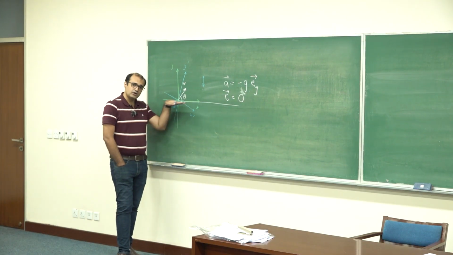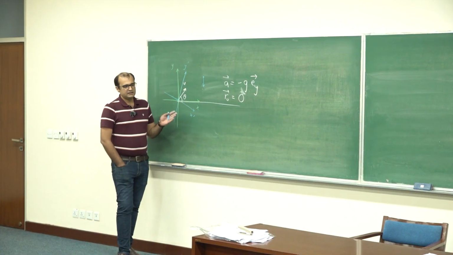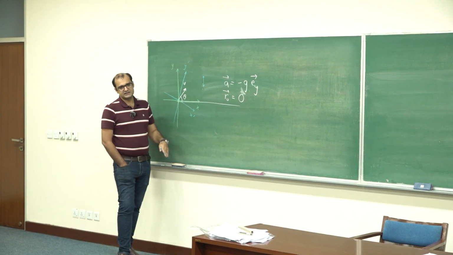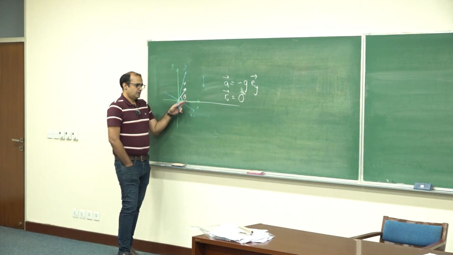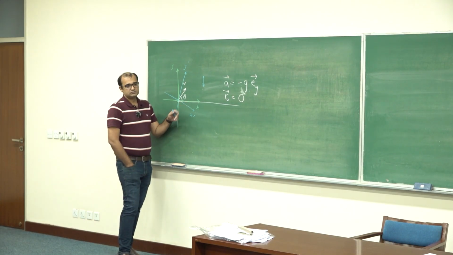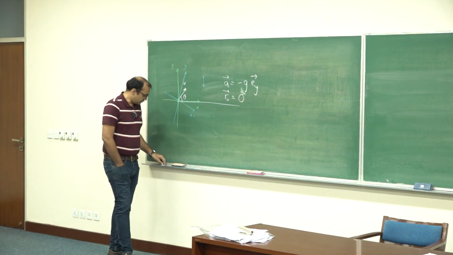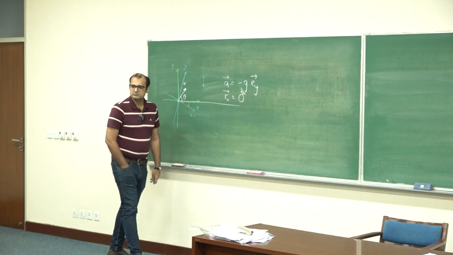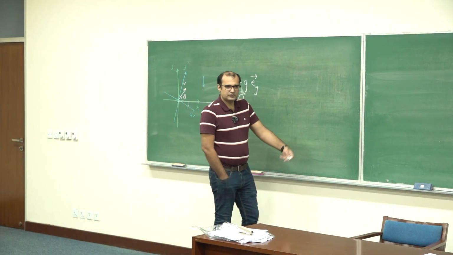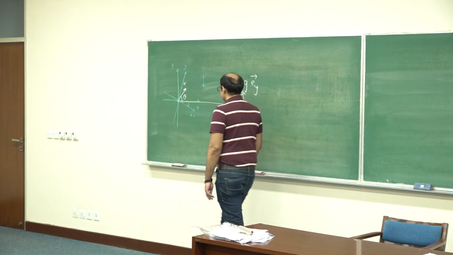Also the description of the ground would be more complicated. With the usual green axis, the ground is simply y is equal to 0. But for the tilted axis, of course, the ground is a straight line passing through the origin with some non-zero slope. So it would be of the form y prime is equal to tangent of phi, where this angle is phi, times x prime. The gradient can be written as the tangent of the angle that the line makes with the positive x-axis, in this case the positive x prime axis.